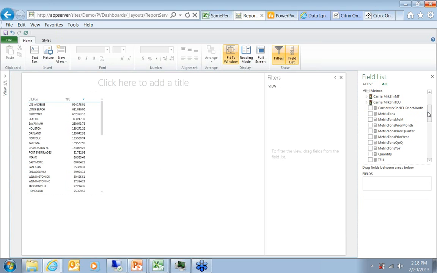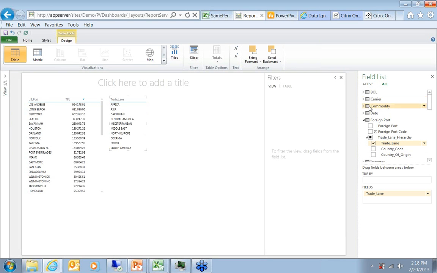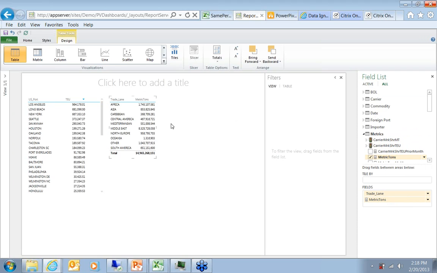Let's put some more information out here. Let's go into, say, foreign port. Look at the trade lane hierarchy. Let's put trade lane out here. And let's take a look at a different, how about metric tons? All right, so you can see I'm just dragging trade lane on here to create a new table, and then metric tons as the